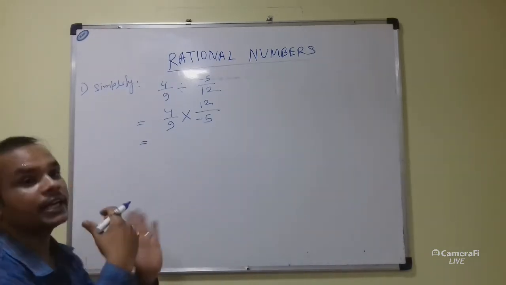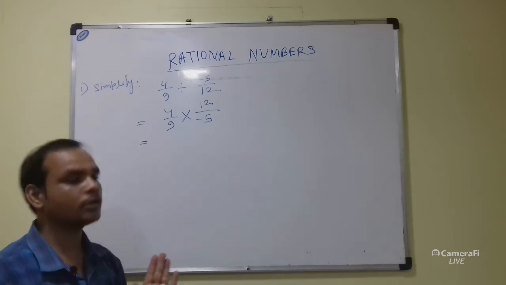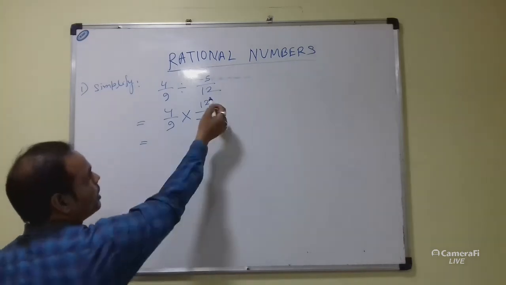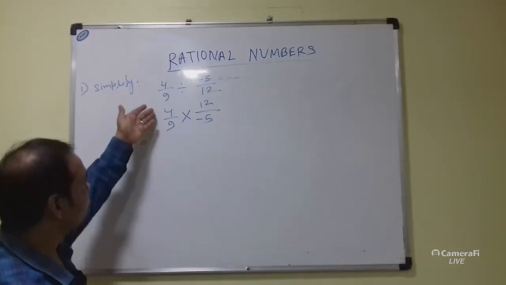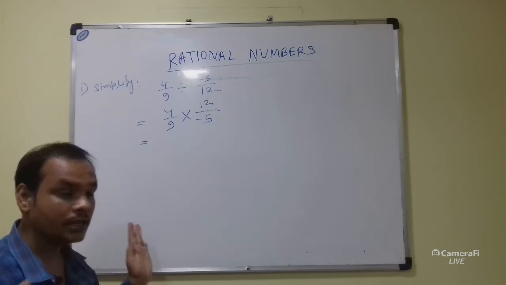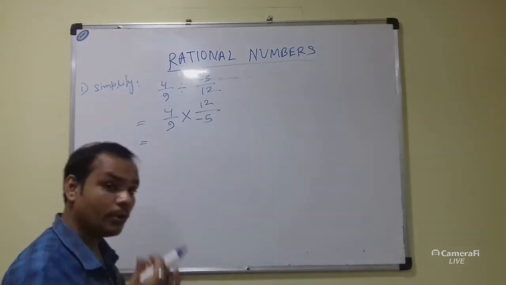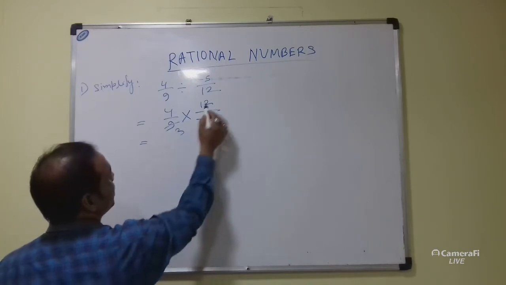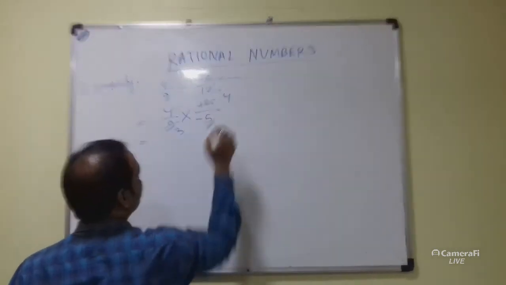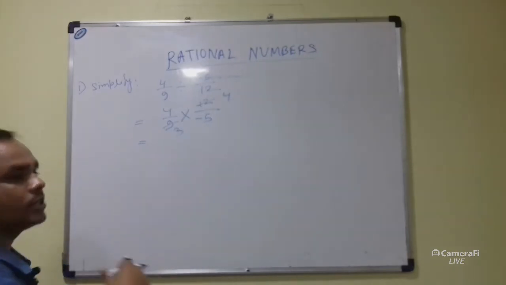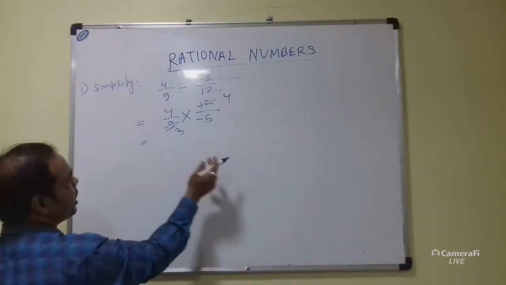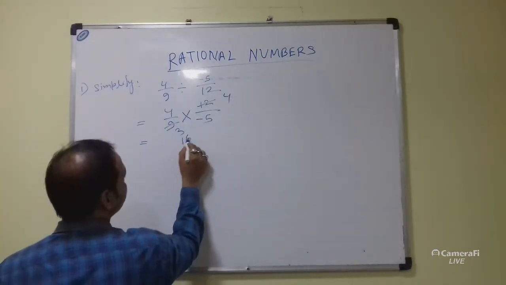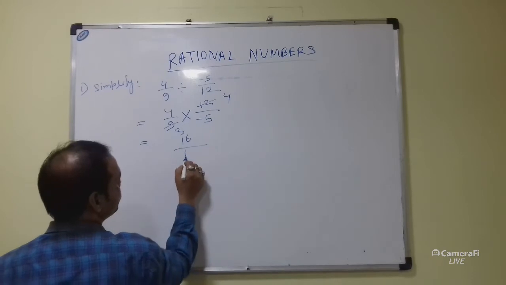Now you can see that we have to multiply the rational numbers. So we have to see whether there is any common divisor of the denominator and numerator or not. Here we can see that 4 and 5 have no common divisor, 12 and 5 also none, 4 and 9 also none, but 12 and 9 have a common divisor, which is 3. So 9 divided by 3 is 3 and 12 divided by 3 is 4. Now no numbers have a common divisor. Now we multiply numerator with numerator. So 4 multiply 4 is 16 and 3 multiply 5 is 15.